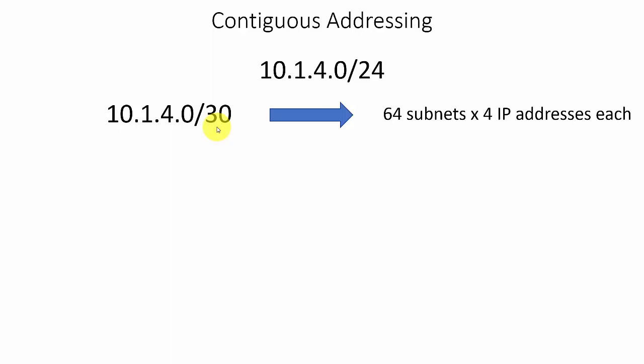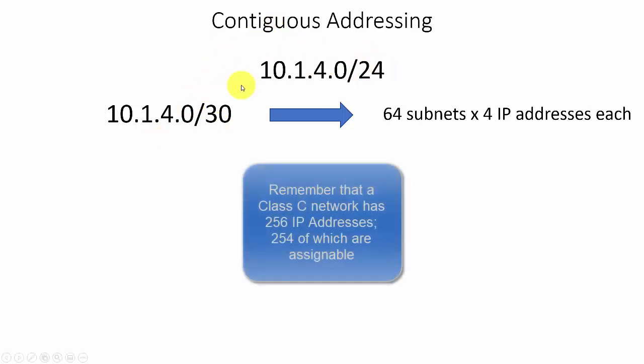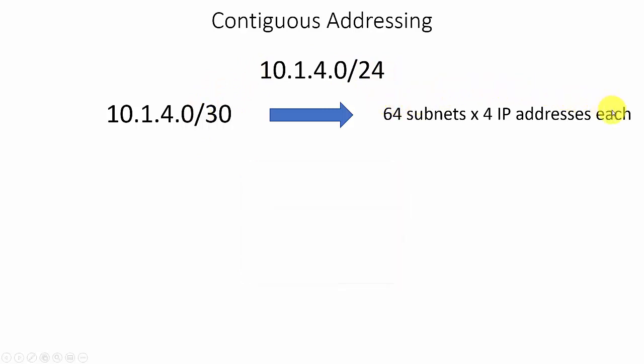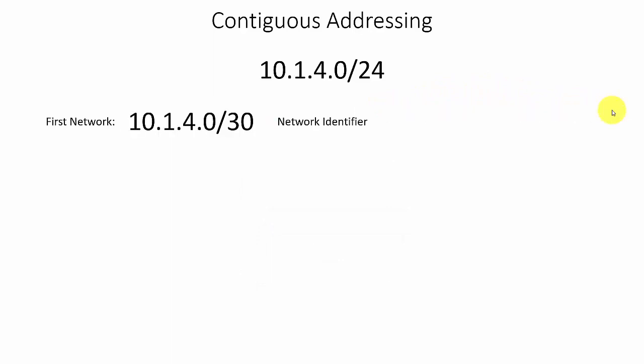Remember our formula. We always subtract 2 addresses from any network space, one for the network identifier and one for the broadcast address. So in this case, we're going to take this /24 address space and give it a /30. This gives us 64 subnets of 4 IP addresses each. Of those, 2 we will be assigning. The first value we get is